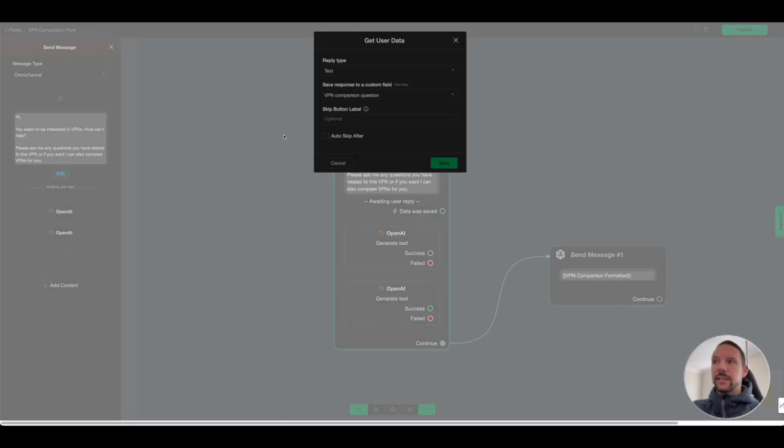So what we get is the reply type. The information we gather is a text-based reply. So I pick text. I save this response to a custom field that I call VPN comparison question. I remove the skip button label so they don't have the option to skip this question. So the next block,